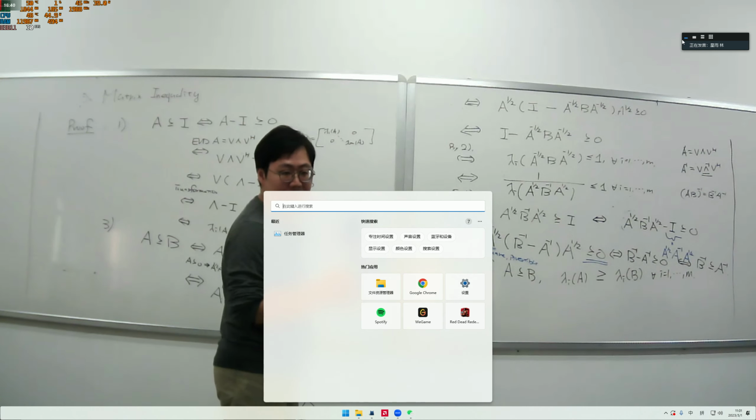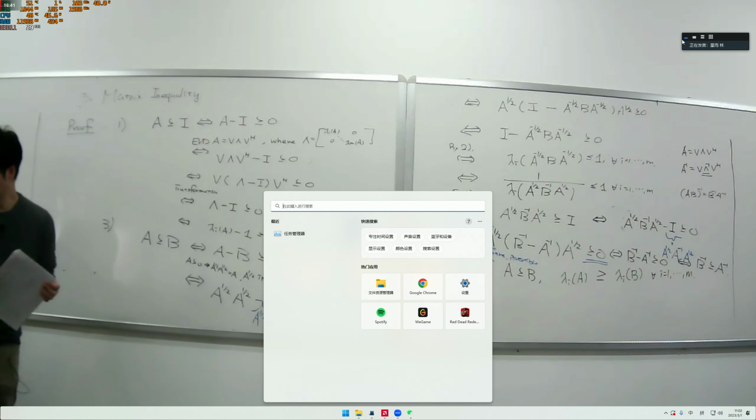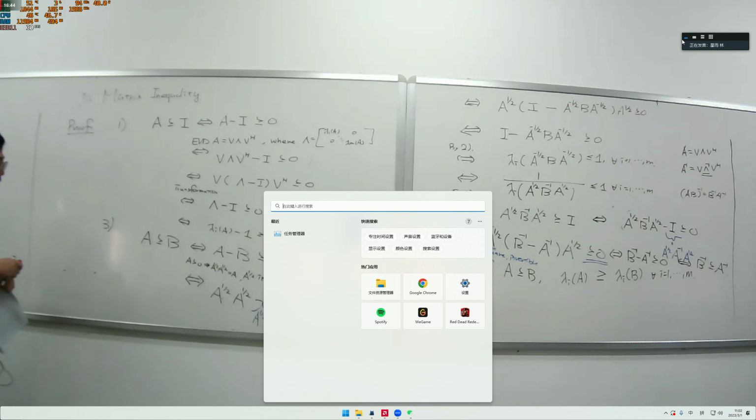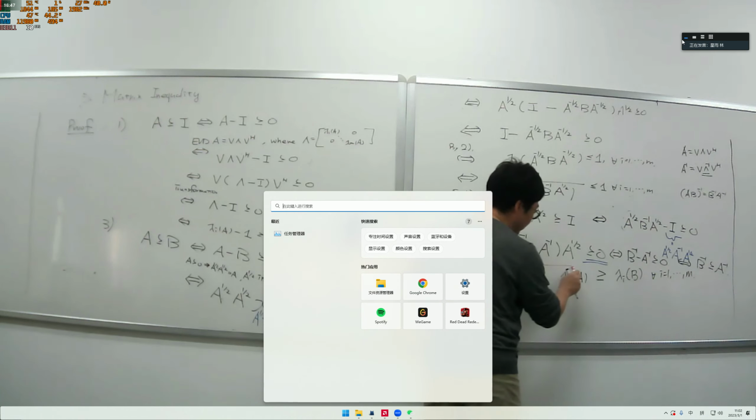Any other questions? 所以要复习啊，你不复习的话就跟不上了。Okay. Then